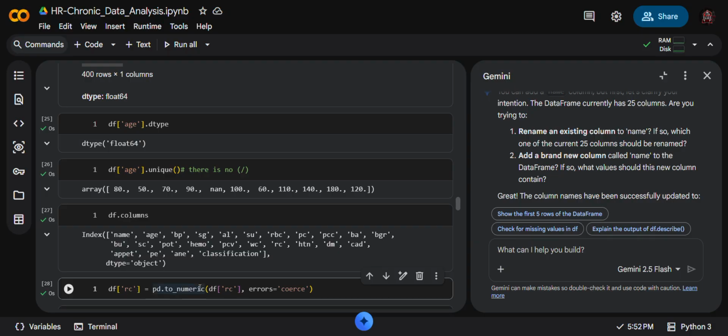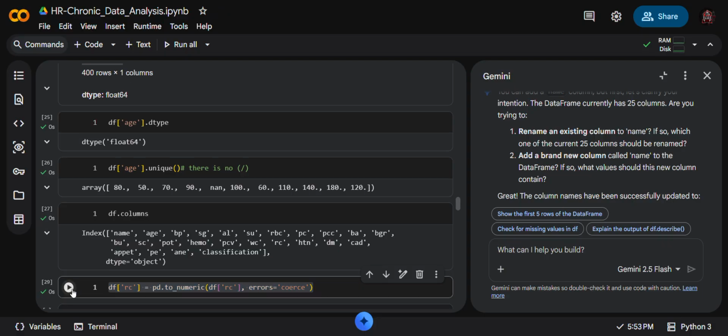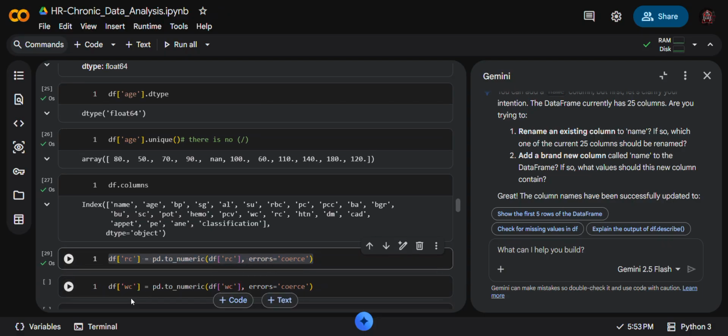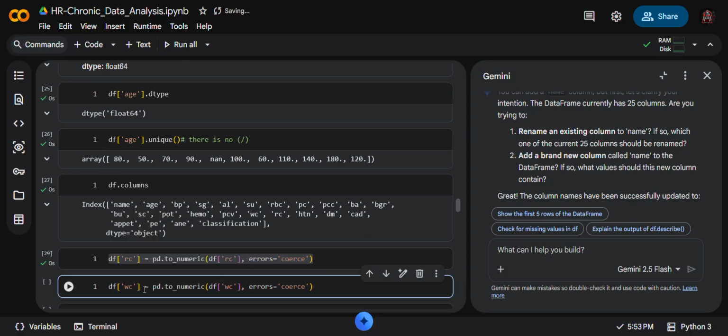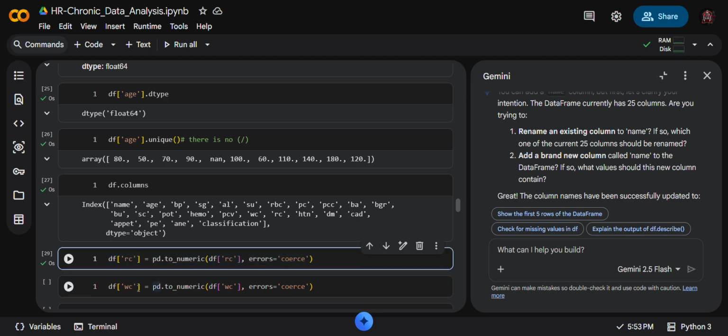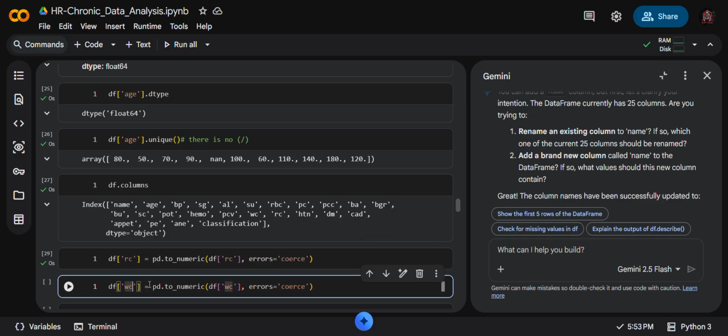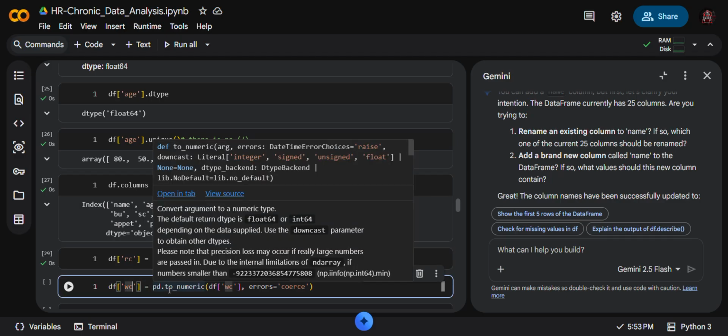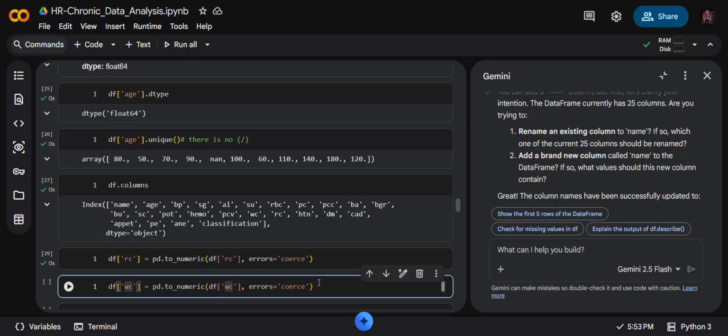This is the same command we have taken before, but for df red cells. You can practice like this. Same as this, but for white cells: white blood cells is equal to pd dot to_numeric, bracket df and so on.